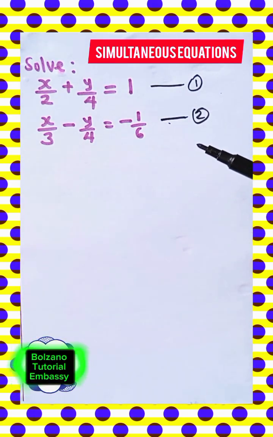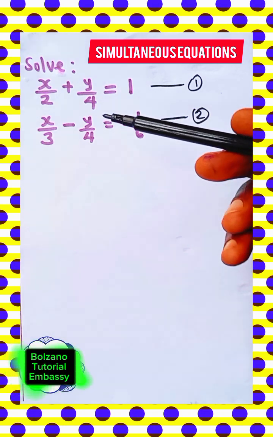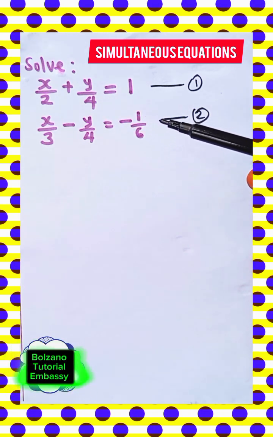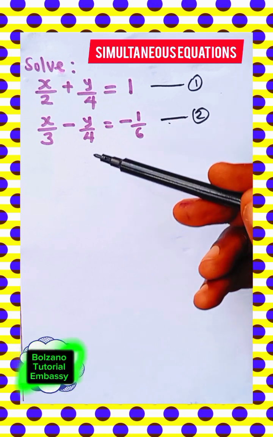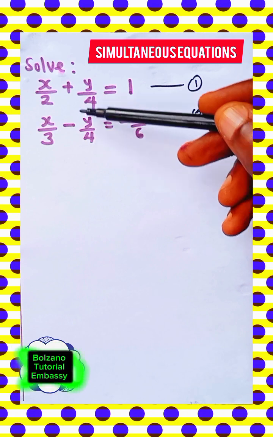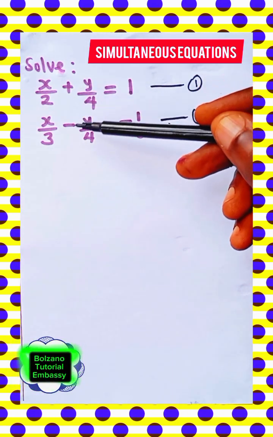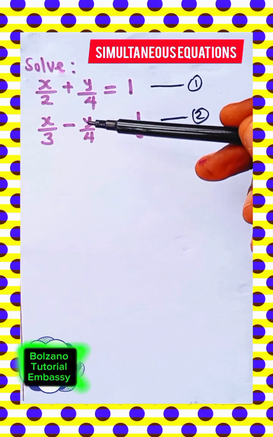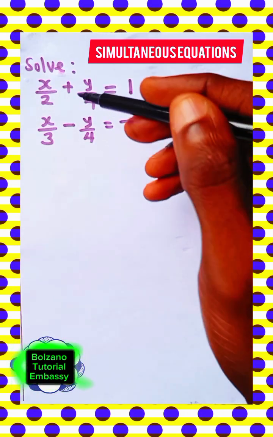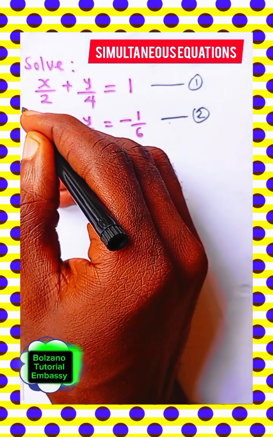Now, for simultaneous equations, there are different methods or approaches in solving them. I've decided to use the method of elimination, because if you look at the term containing y here, they are the same but the signs are different. When you have the same terms with opposite signs, you can add them and eliminate that term, or make that term go to 0. So in other words, I can add these two terms and I'll have 0. So I just say add